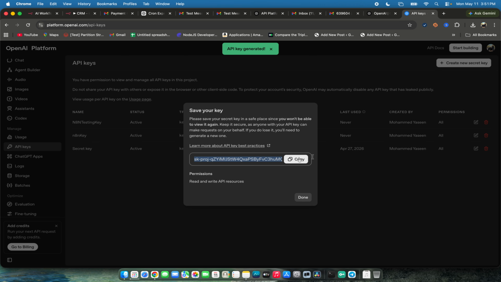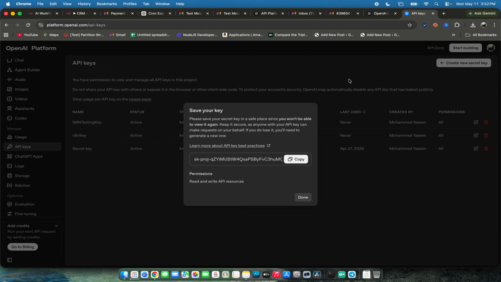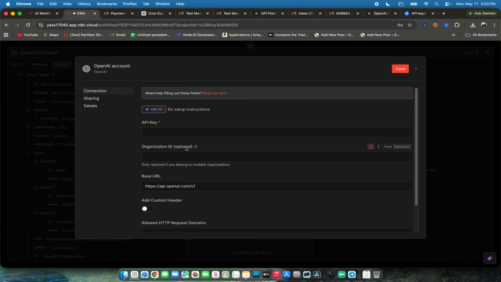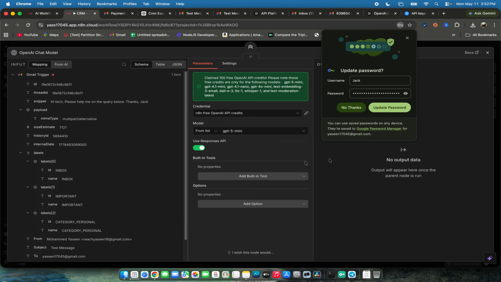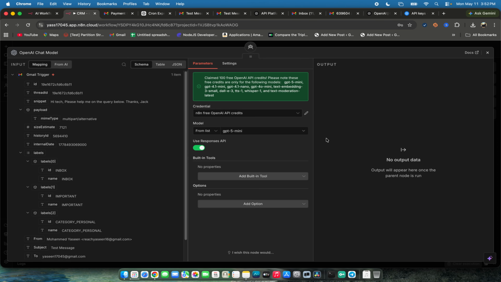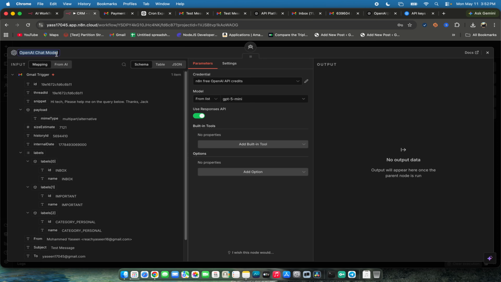You will get this key, right? Make sure you copy this key. I have added it here. Then copy this and go back to your CRM, then paste the key here, then save it. That's it. So you should have your own key there. Okay, anyway, I don't want to waste time. So I have this AI chat model. I'm just going to name this as